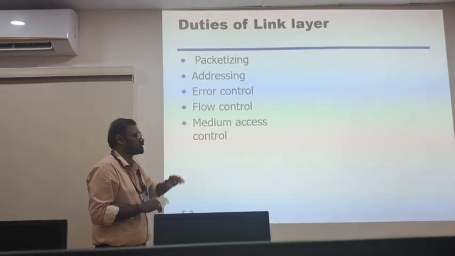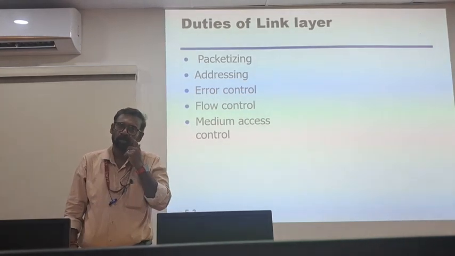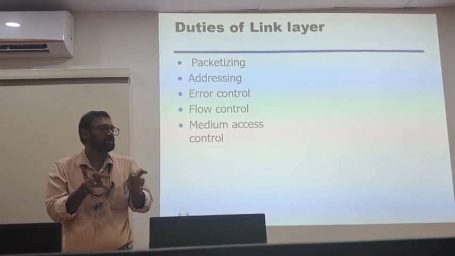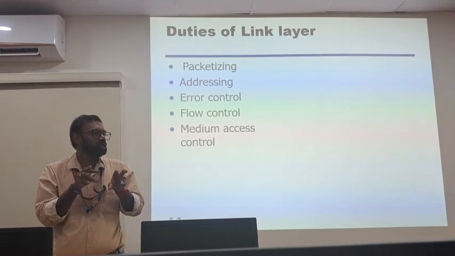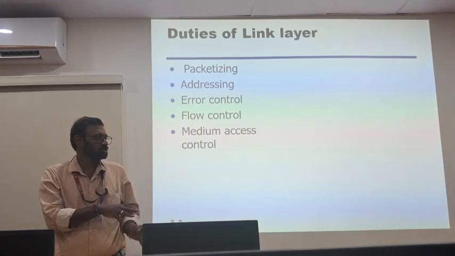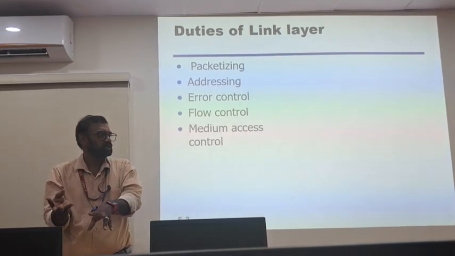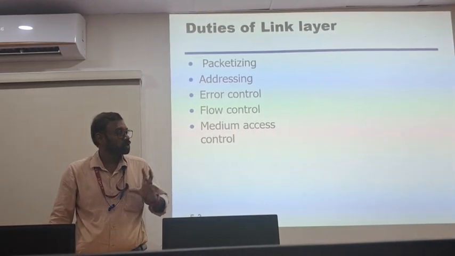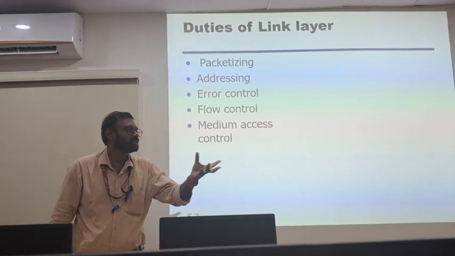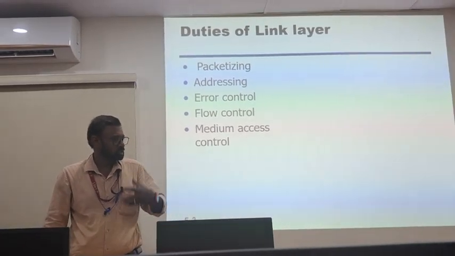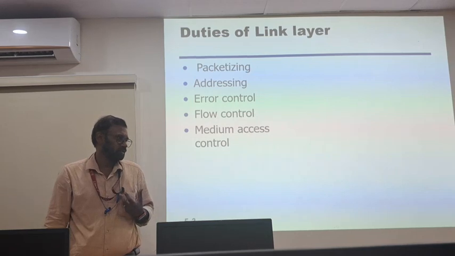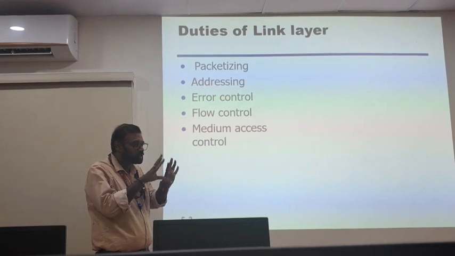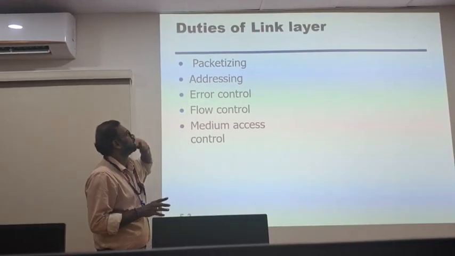And another one is media access. As I told you, there is only one media. The media now is air, or in wireless cases, whatever. How the media can be controlled, how the media can be used by the other devices to efficiently transmit the data to the other end. This time I can use it, right? You can also use it to transmit data. At the same time you can receive. Sometimes, as a person, I can transmit as well as receive data. So how effectively the media will be used is controlled by this data link layer, simply